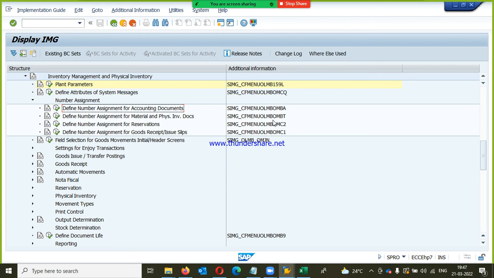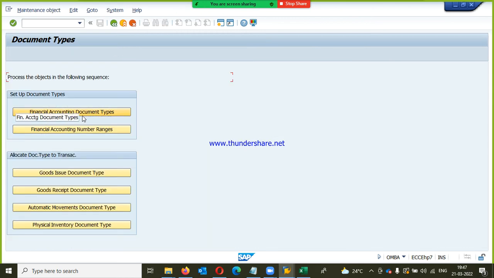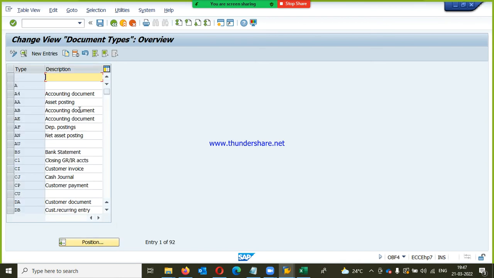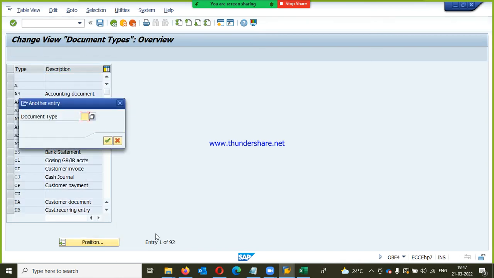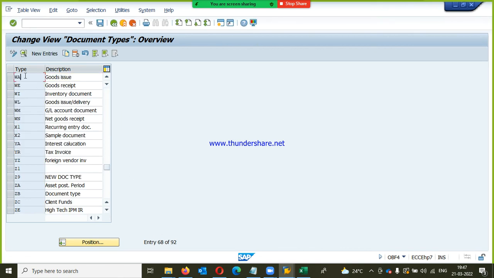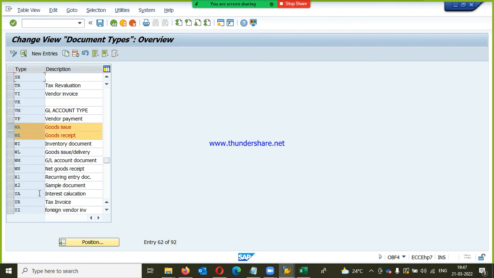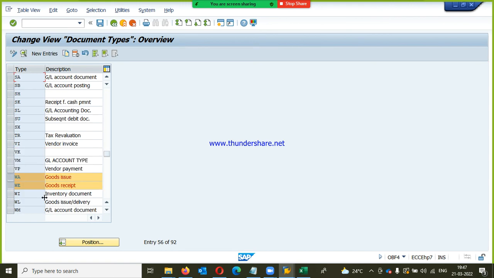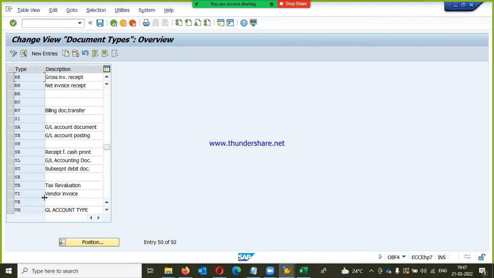T code is OMBA. And here click on financial accounting document type. Okay, click on position. Document WA, goods issue, goods receipt, and we are having one more document which is related to finance department, that is RE,